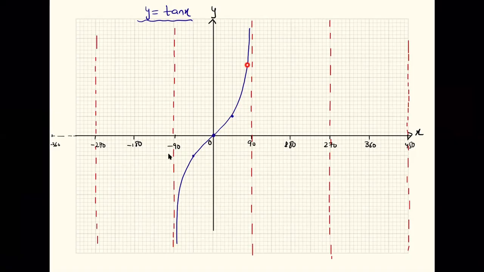This indicates that the function goes up to infinity, meaning I can have as high a value as possible. So you can say that the function tends to have an infinite value over here, but it will never have a value at x equals 90 degree. Over here, the value of the function is trending towards negative infinity, but it's not going to have a value at minus 90. So tan x is very much limited to between minus 90 and 90. And this is your one cycle of tan x. One cycle.